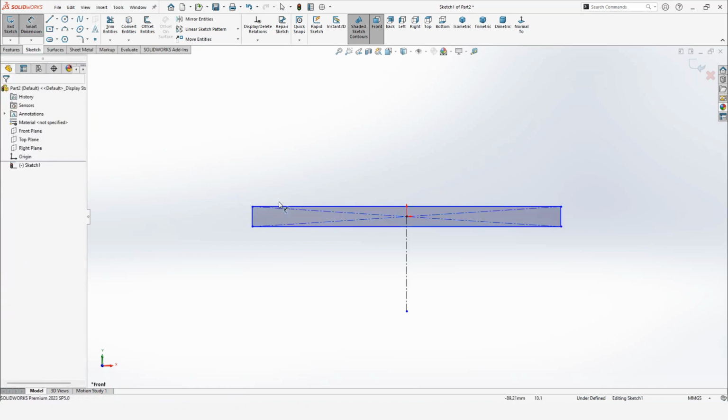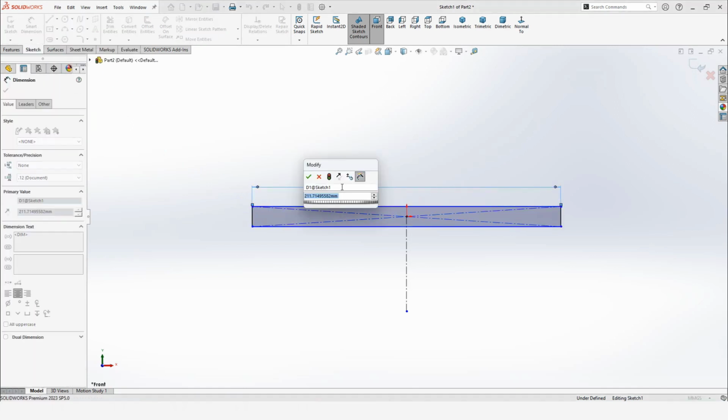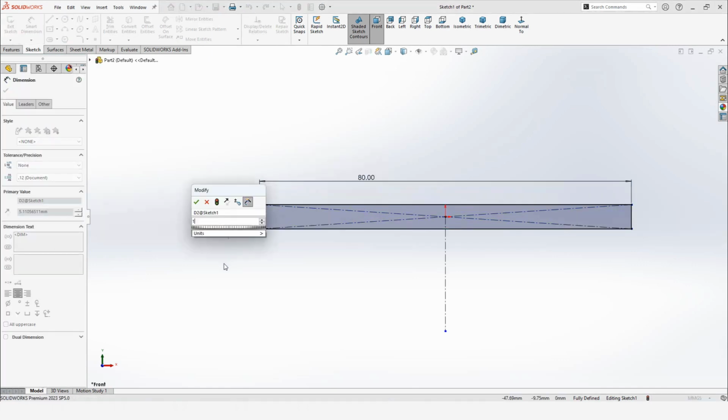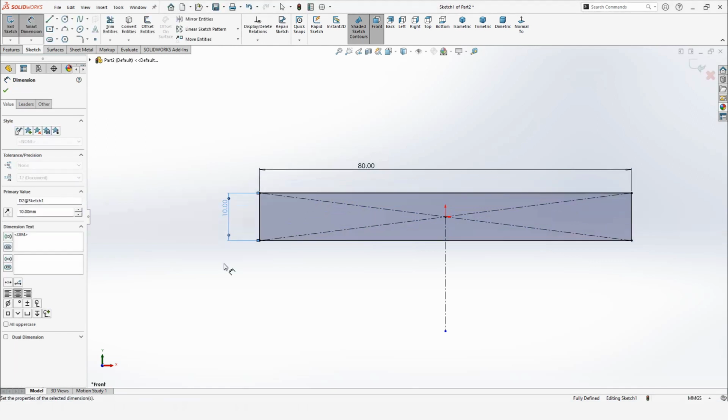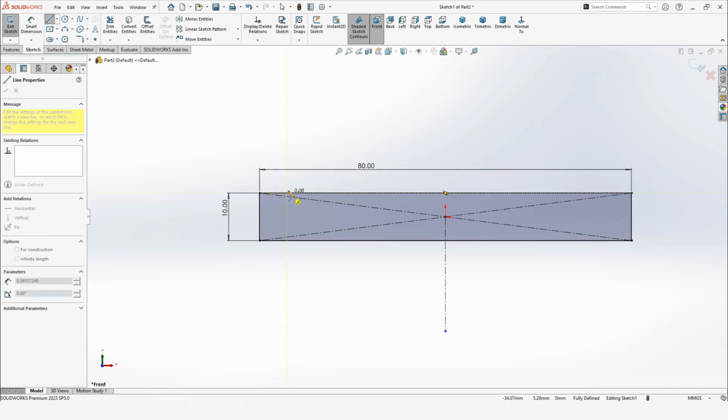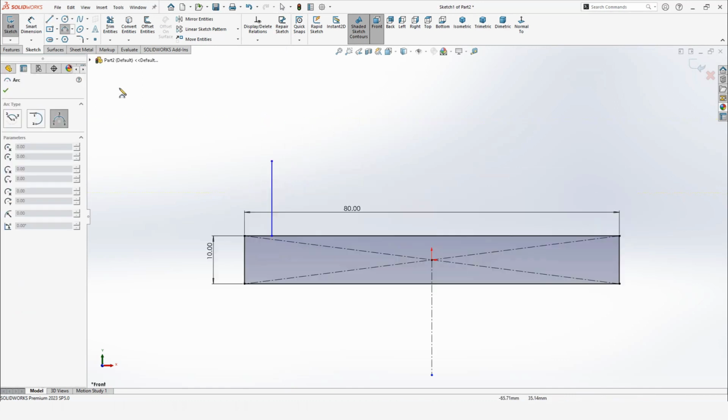After that, select this smart dimensioning tool, specify the length of this line as 80 millimeter. Since we are designing it, you can change it by yourself, and specify the length of this line. For now it's 10 millimeter. We can change it again because we are designing it. Make a straight line here,